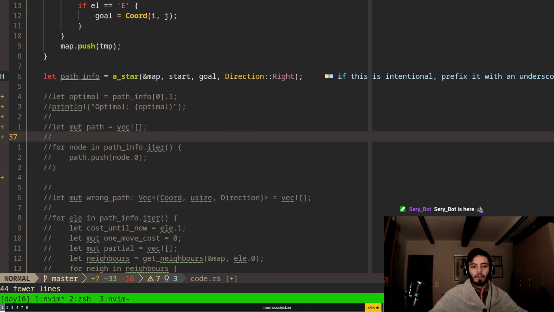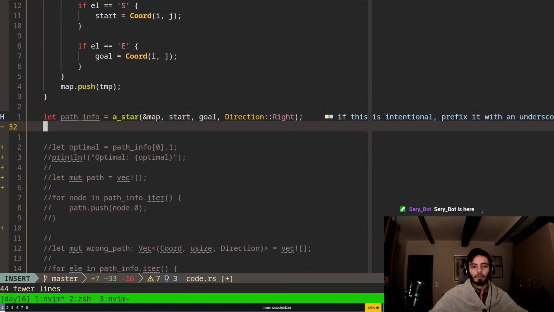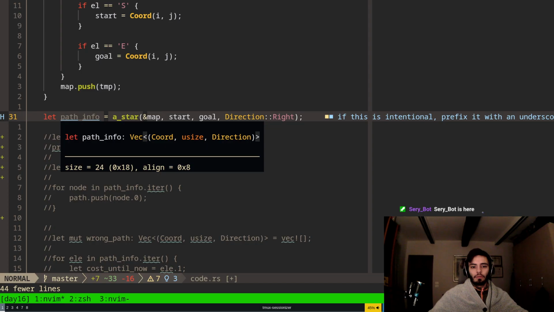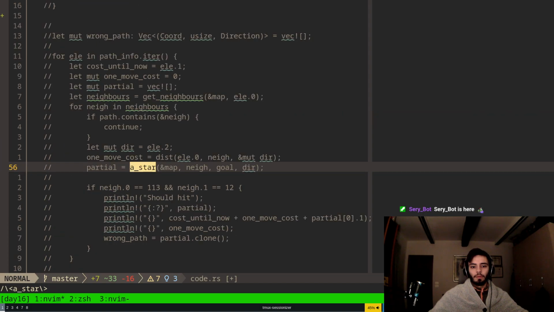Okay, so far my stuff should return optimal. My path info should be